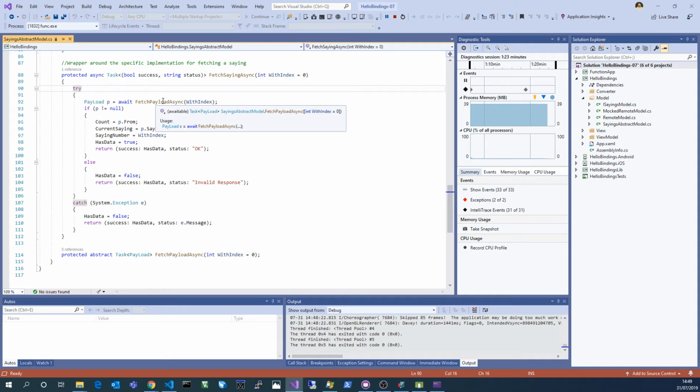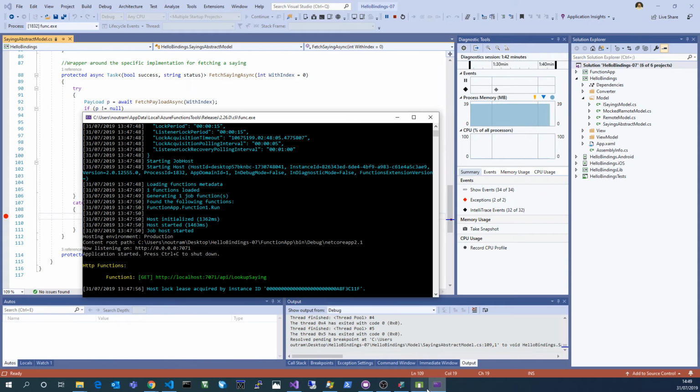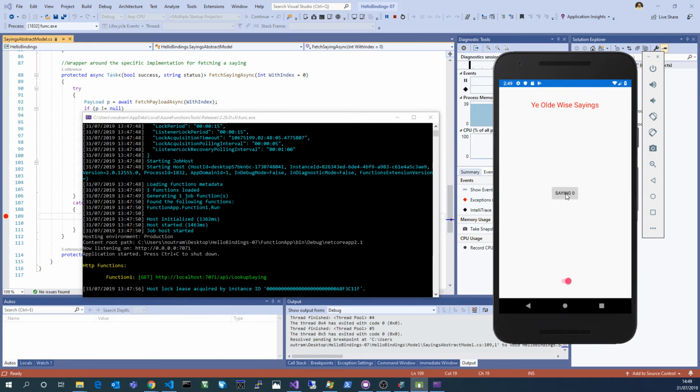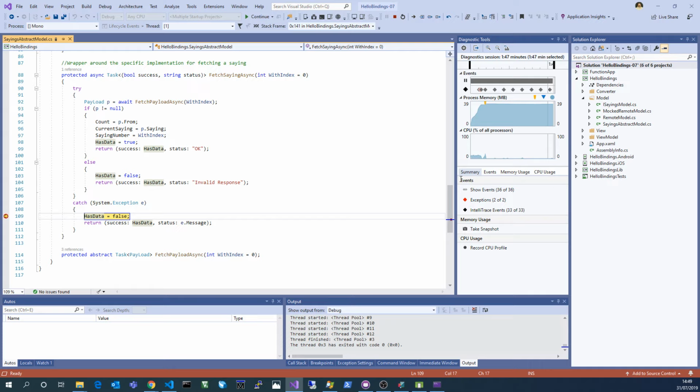With the mocked up one, that's just a delay, it always works, although I put in some failures for testing purposes. For the remote one, it is clearly failing, so we need to see where that is, and it's caught as an exception. So we should get a nice red dot when we do that. If not, clean and build your project and try again, as I found out just now. If I click this now, we should hit that breakpoint. Good. So we've got an exception,